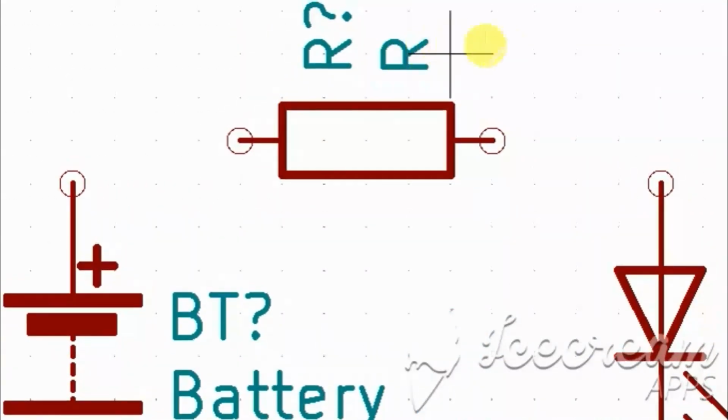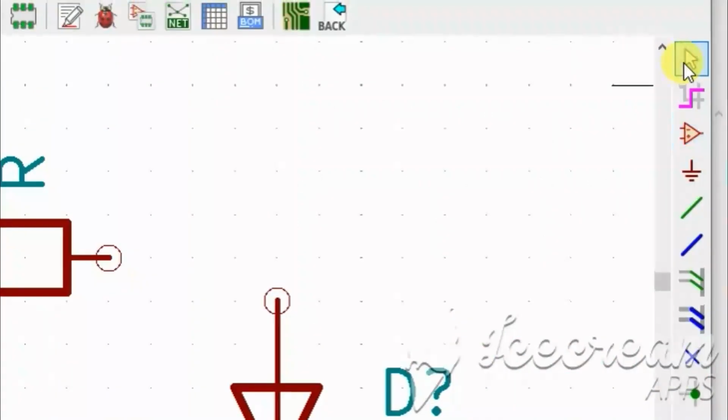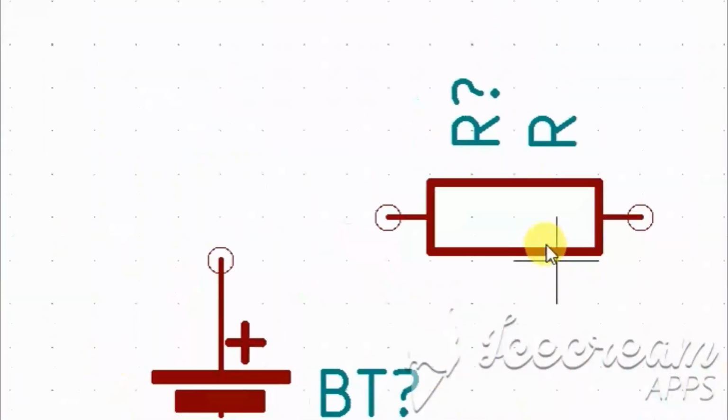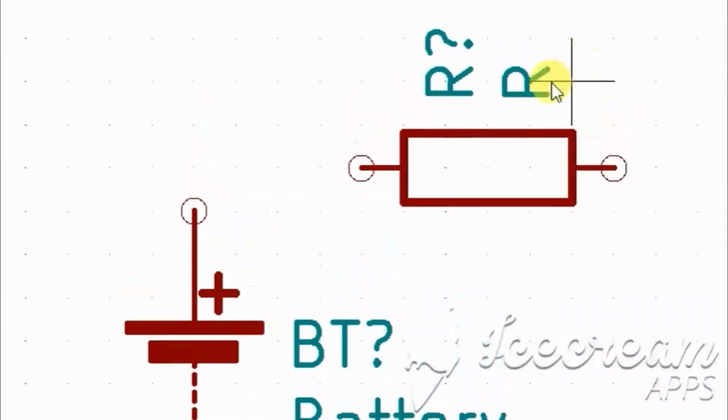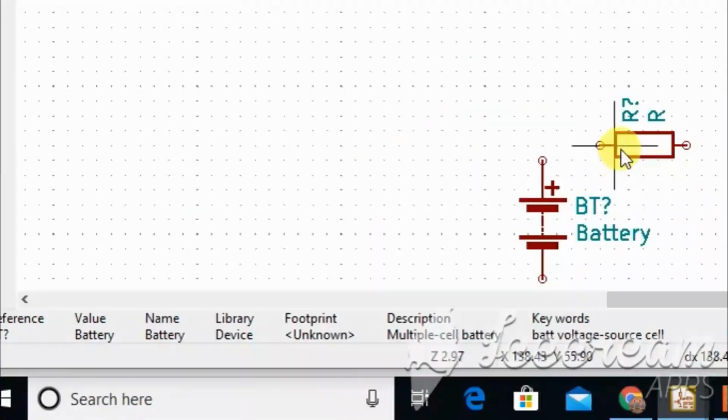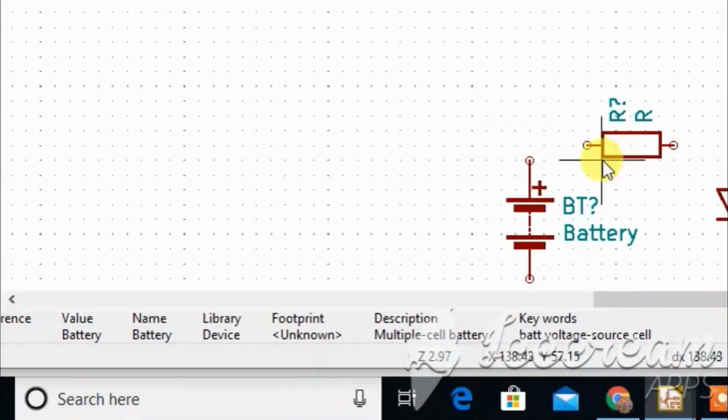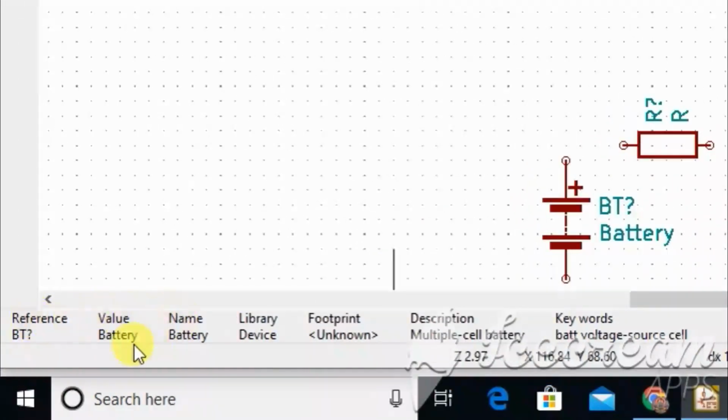Use the selection tool, click this symbol, and this item is selected. How to find whether this symbol is selected or not? See this place. This is the value and this is the name, library, footprint, description, keyword.